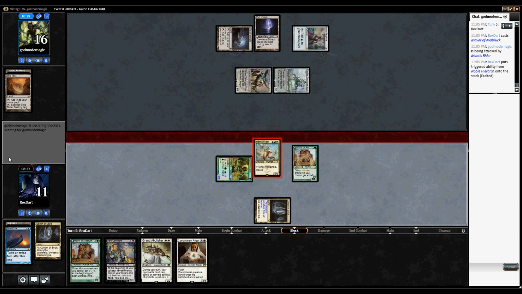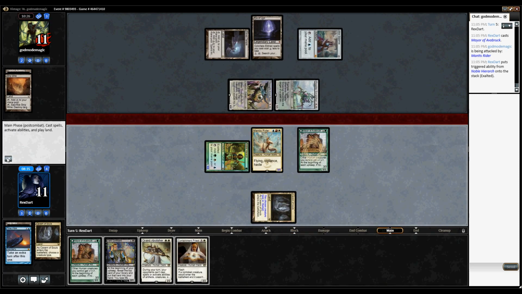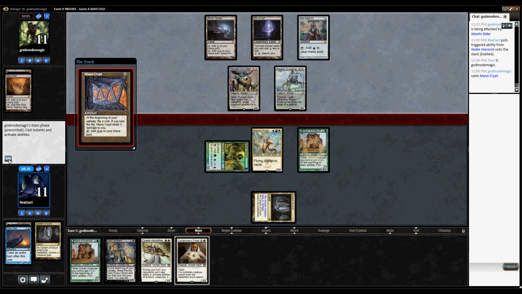Again, don't think I'm going to get out of it here, but if I was on the play, there's a chance I would be able to race him effectively with this Mantis Rider. Yeah, so I'm curious why he took the Abrupt Decay since he hasn't shown anything, unless he was afraid of me Abrupt Decaying the Mox, but...